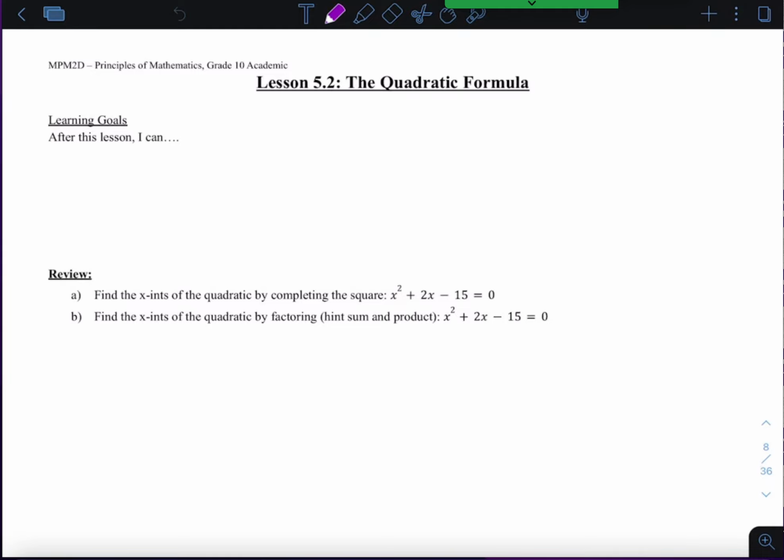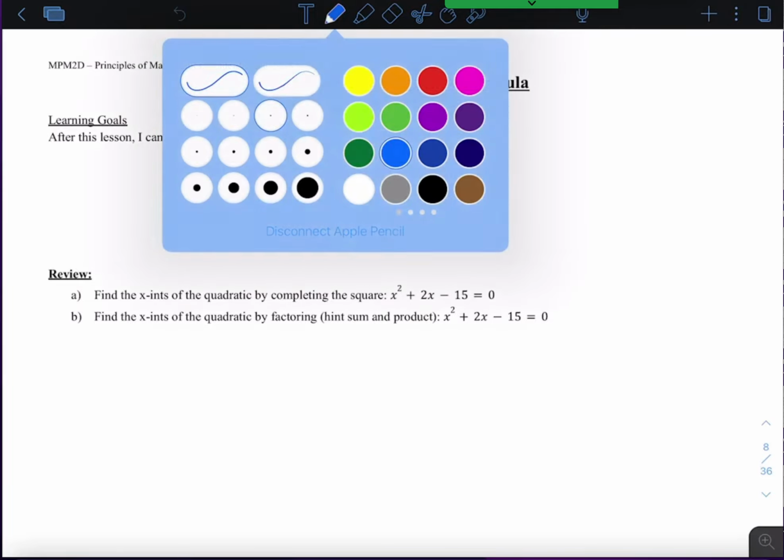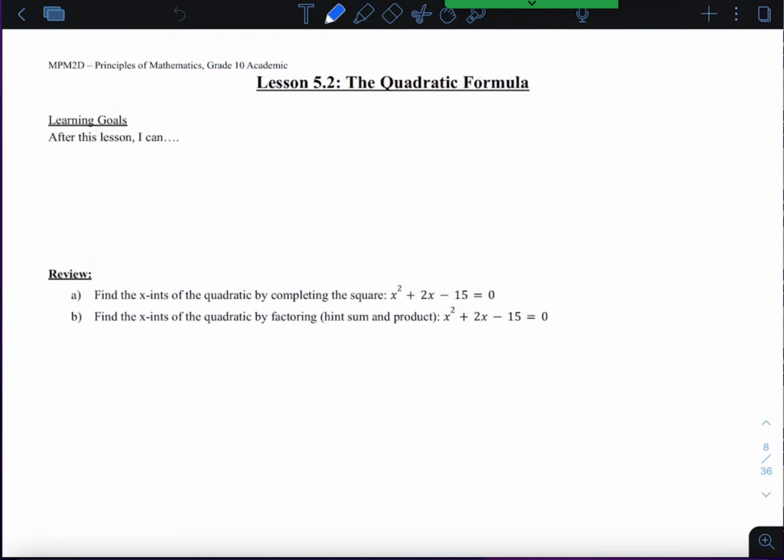Today we're going to learn the very famous quadratic formula, and I will try to keep this lesson very short. I do want to give you the opportunity to see a derivation of the formula, which isn't the most important thing for you to know. You just need to know the formula and how to use it. But I would like you to work with it today, so I'm going to give you some opportunity to practice as well. So after this lesson, you can